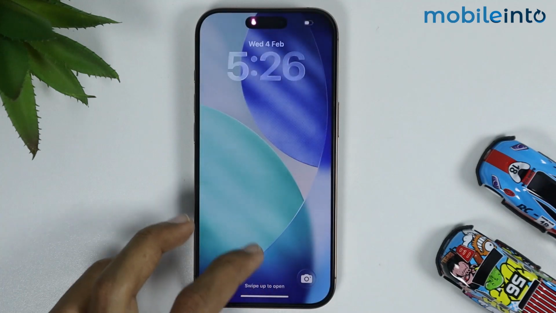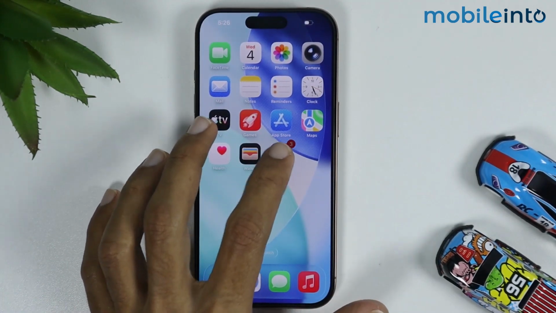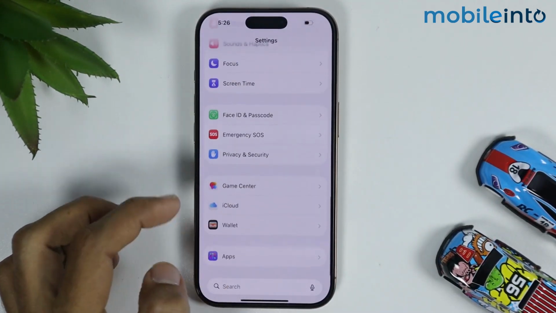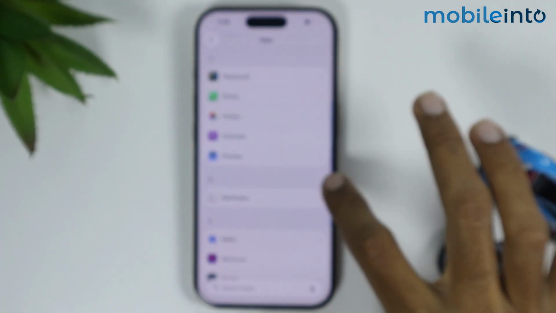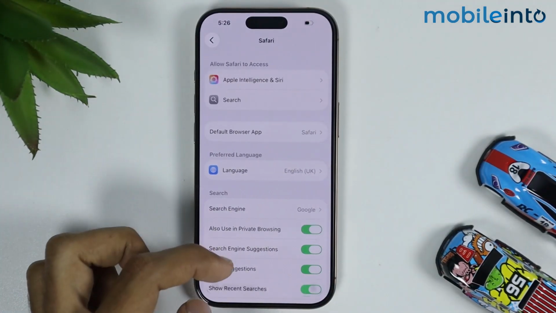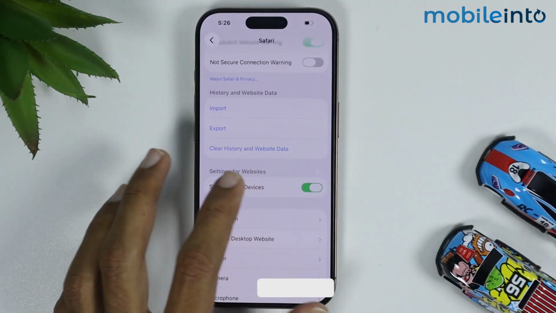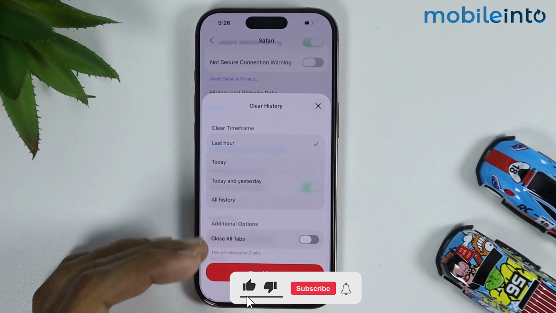And after you complete the reset process, go to your home screen and open Settings. In Settings, just tap on Apps, and from here just search for Safari. Then tap on Safari, and from here you will be able to clear the history and the website data of